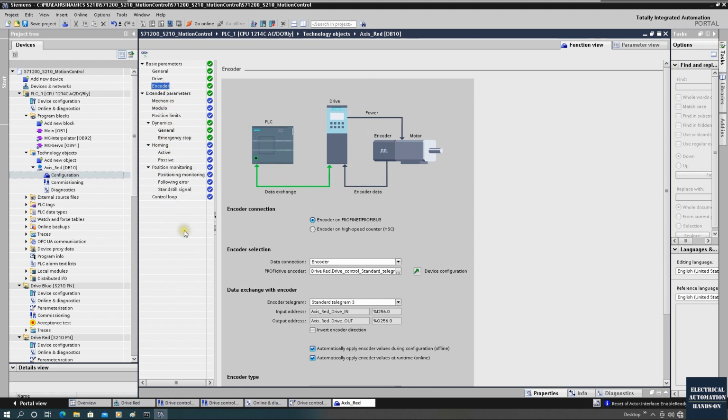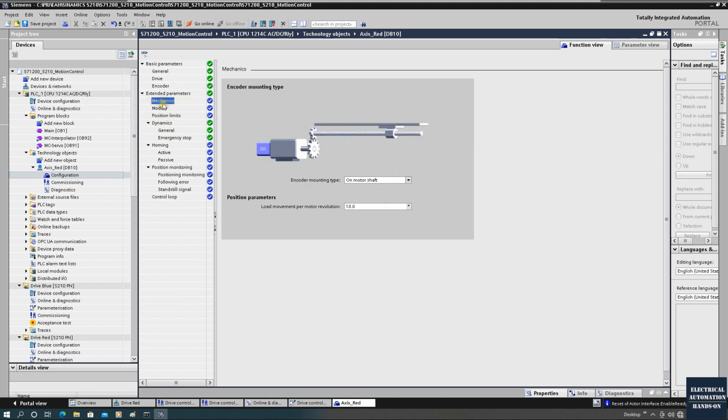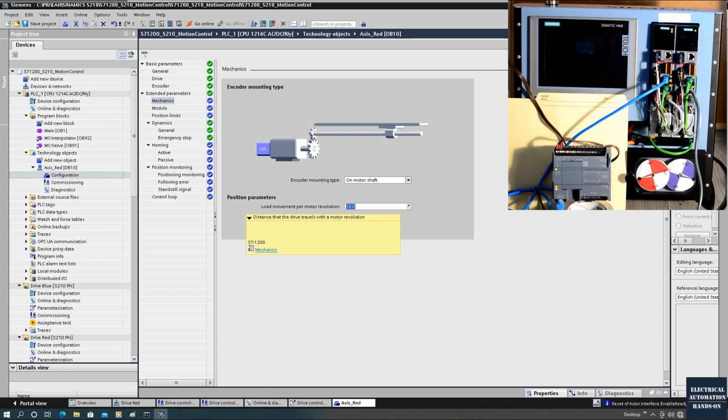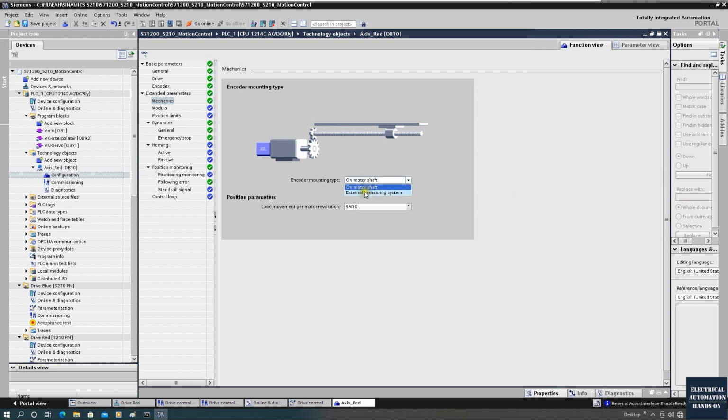Basically all those configurations can be set associated with your application, and we can go through them very quickly. For example, for the mechanics, while the motor spins one revolution, how many degrees does the load move? In this application, the disk is directly mounted on the motor, so it actually spins 360 degrees. And I can pick that the encoder is mounted on the motor shaft. If you mount it on the load, then you can select that here, or if the encoder is mounted behind the motor, but your load needs to convert to some unit like millimeter or height,